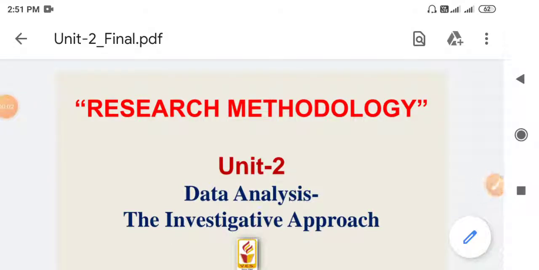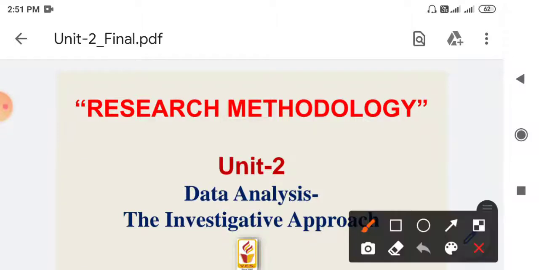So welcome to the lectures of research methodology, that is paper number 4, optional paper, and within that we will see the unit number 2, that is the data analysis. Okay, so unit number 2 is the data analysis, and in this data analysis unit we will try to define the